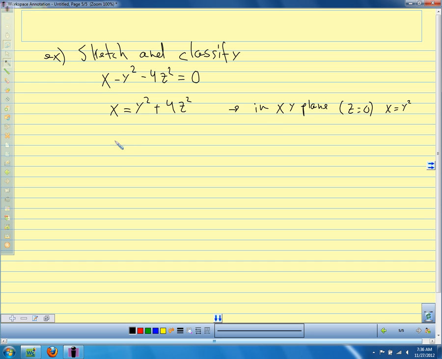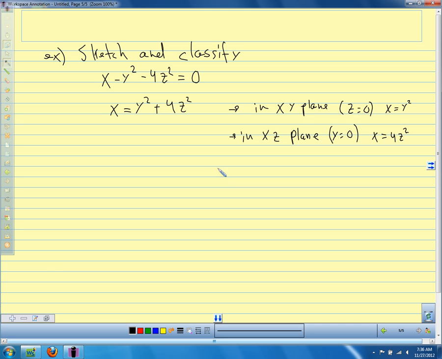In the xz plane, when we have y equals 0, and we can think of covering up this term, I have x equals 4z squared. And what is this curve? Another parabola. So in the xy plane we have a parabola, in the xz plane we have a parabola, and parallel to the